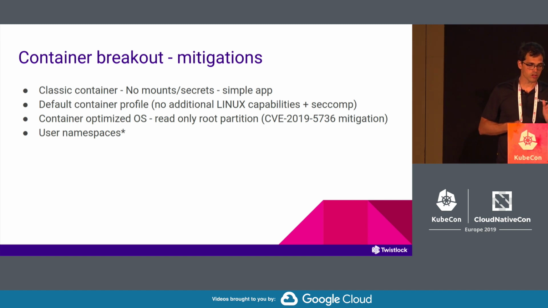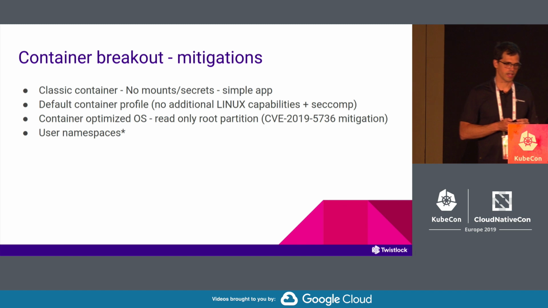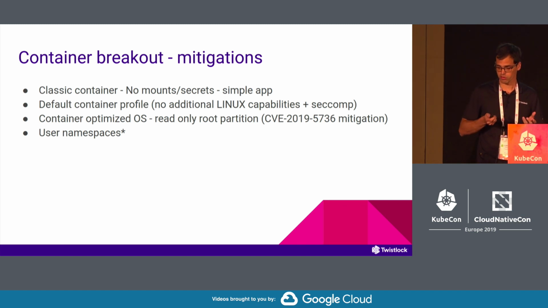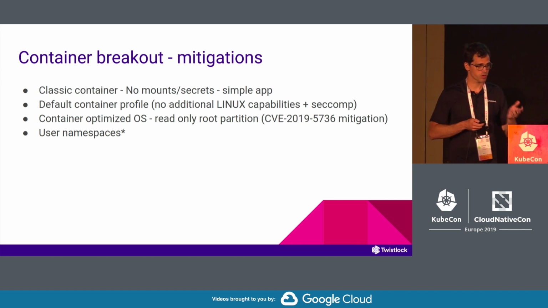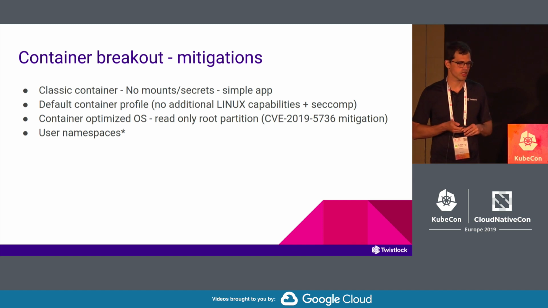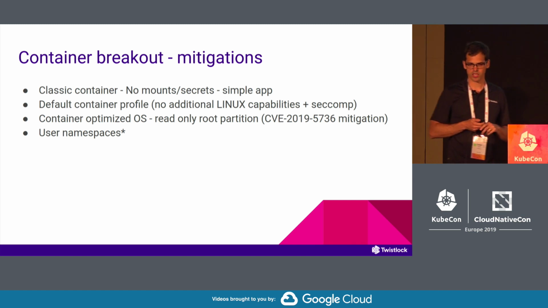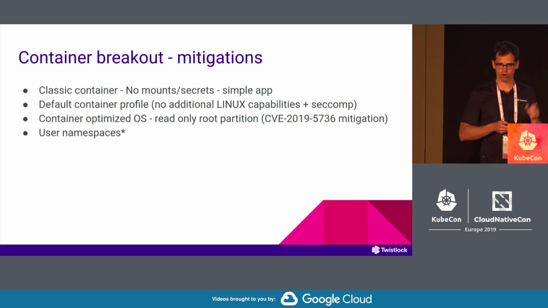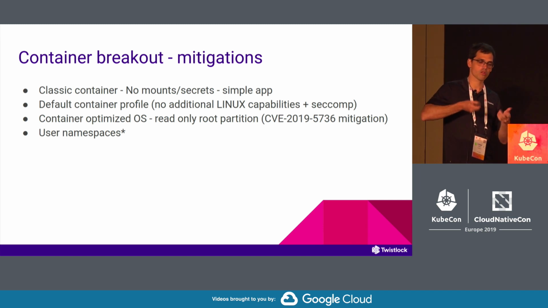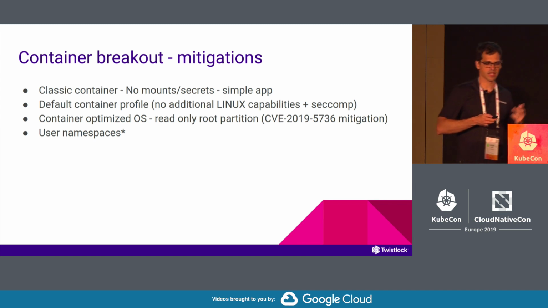Finally, you also want to think about which image you use to deploy your nodes, the host image. It's also important. We use GKE, Google Kubernetes Engine, which by default comes with a Container-Optimized OS, a very good and hardened operating system. One very, very good thing about it is that it comes with a read-only root partition, meaning the binaries on the node, on the host, can't be overwritten. They are read-only.